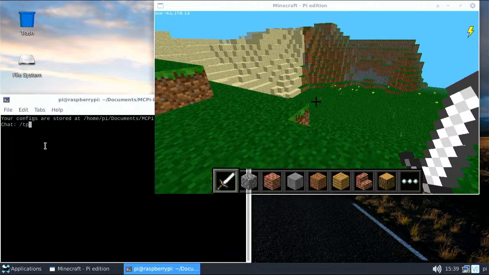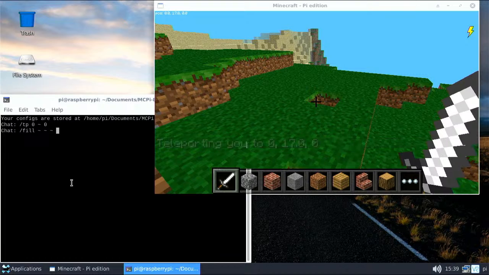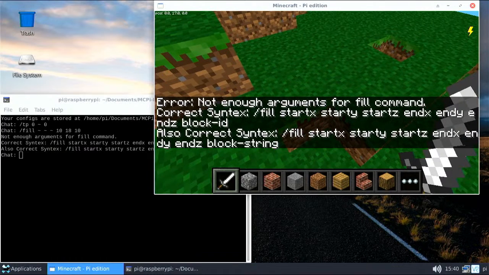Alright, so let's TP to 0. I'm just going to do that to make it easier for me, and I'm going to slash fill from where I am right now to, let's do 10, Y17, let's go to Y18, 10, right? I forgot the block. Slash fill,